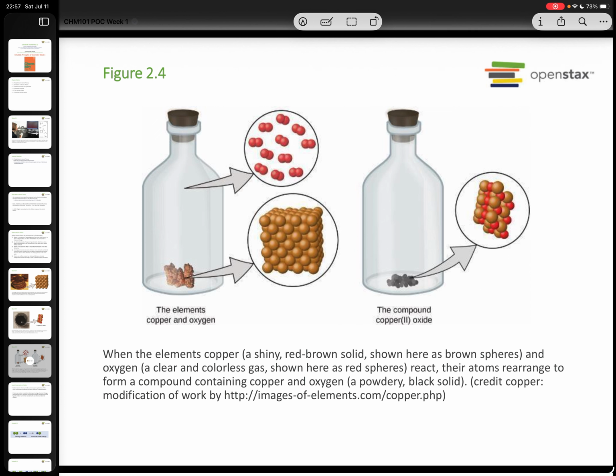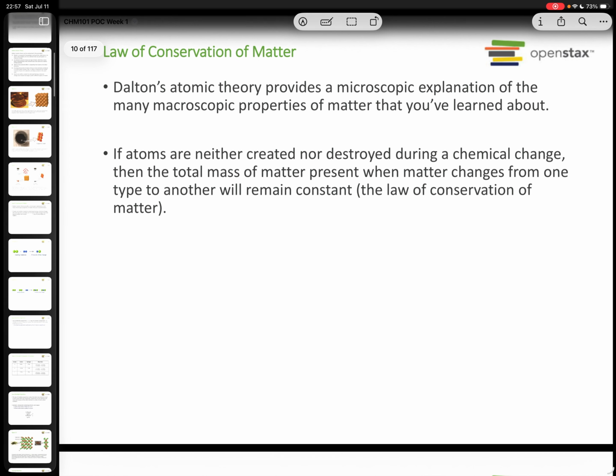But they are reorganized or rearranged, no? So, this is the atomic level explanation of a chemical reaction. So, in chemistry, reactions usually do not create or destroy atoms. They change how atoms are grouped and bonded. So, which leads us to